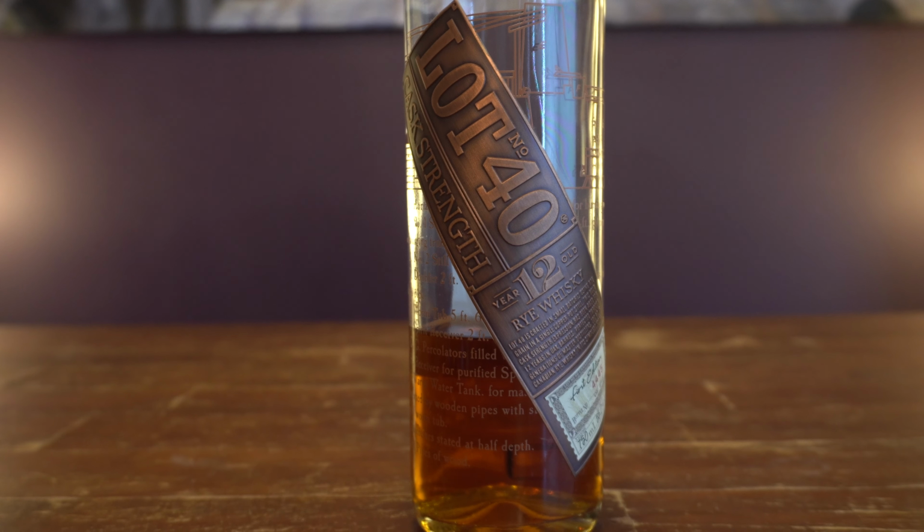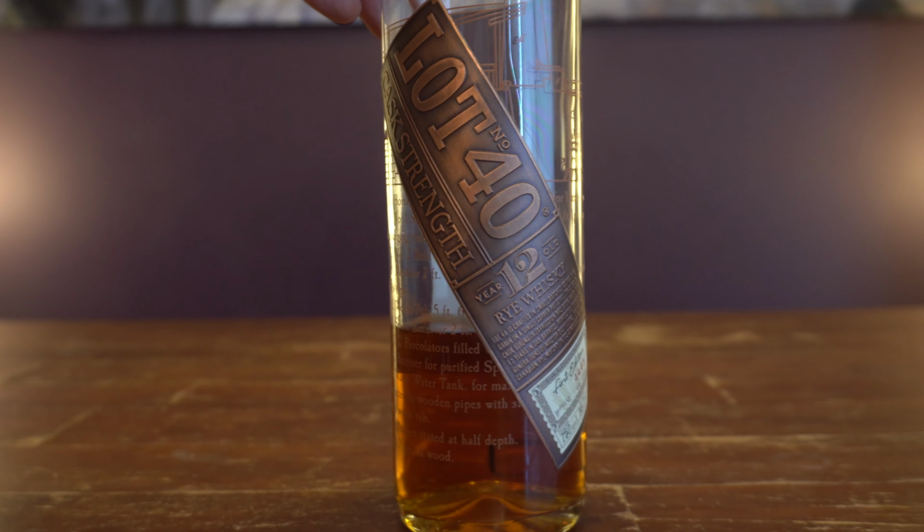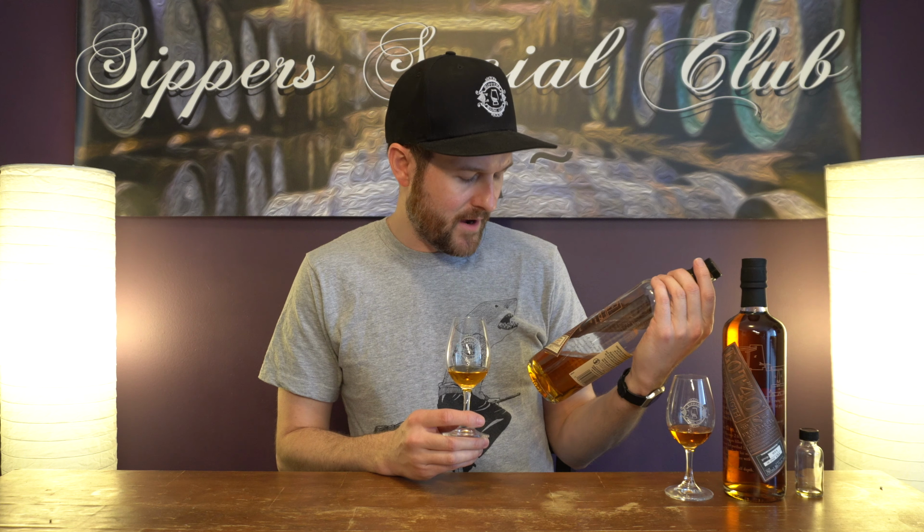Alright, so the Lot 40 12 Cask Strength. The ABV on this is 55 on the dot. Like I said, this one came out like 4 or 5 years ago? I've reviewed it before, you can check out my entire review. But I think when you go to the nose,